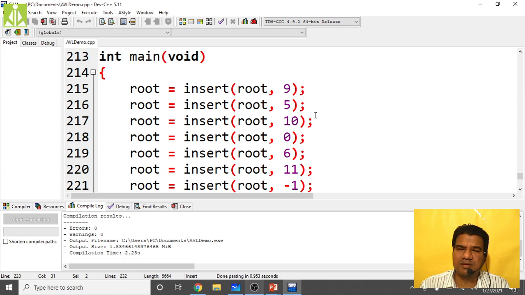Okay, binary search tree and AVL tree. I have created some programs, from your first lab onwards, because many are complaining that none of the programs can be executed. Whatever we kept on the blog, you are unable to execute. So I have made some changes and created my own list of programs for your external lab.